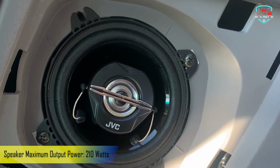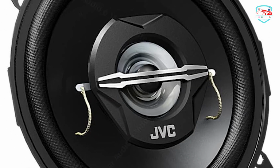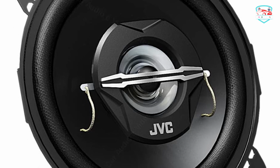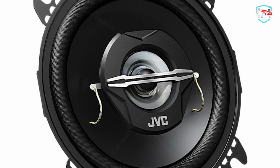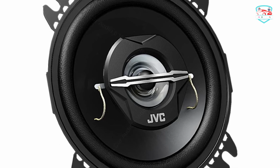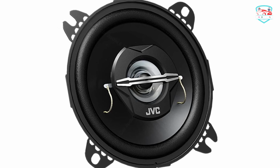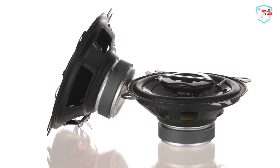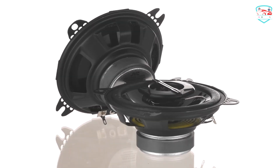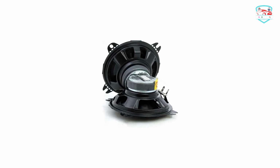A sensitivity rating of 90 decibels per watt per meter helps in achieving louder sound output with minimal distortion. The cone woofer is constructed with a shiny composite fiber material, offering durability and excellent sound projection. The balanced polyurethane foam imid dome tweeter enhances high frequencies for clear and detailed audio. The ferrite magnet in the woofer and the neodymium magnet in the tweeter work together to improve efficiency and overall